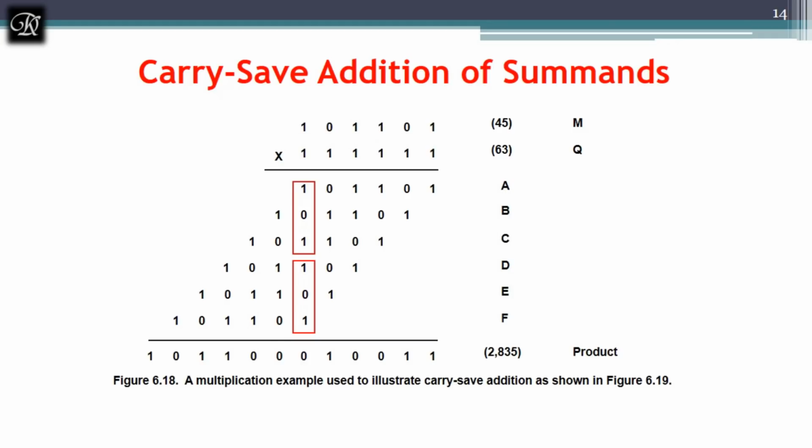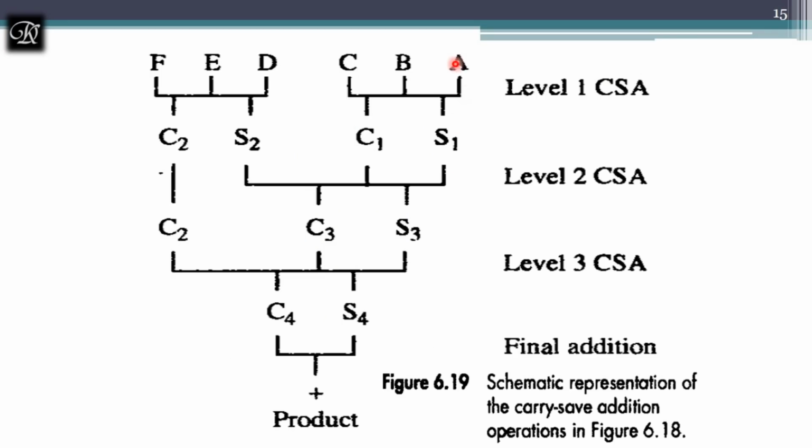So that is what we will do next. This is what the algorithm says. Take partial products, group them and find the sum and carry vector. Then again these three are a group, find the sum and carry. Now I don't have any partial products, I have vectors of sum and carry. So again I'll group them: sum 1, carry 1, and sum 2, a group of 3, and I'm finding the next vector, sum 3 and carry 3. I cannot form a group of 3 for C2.